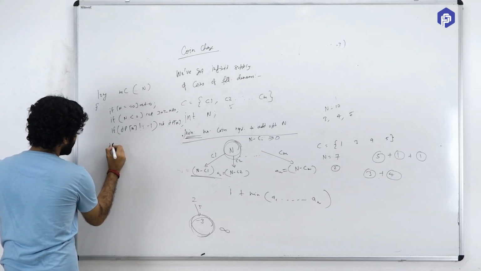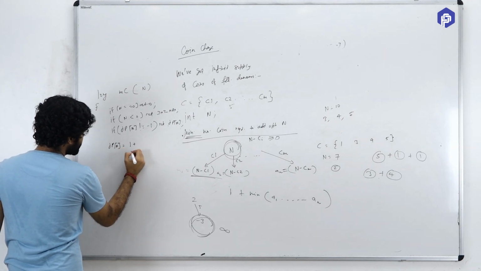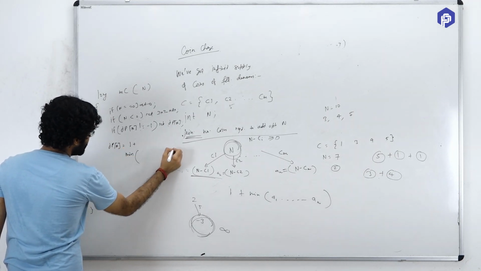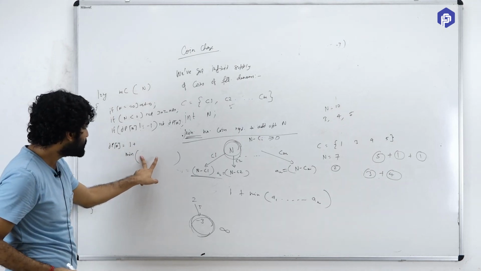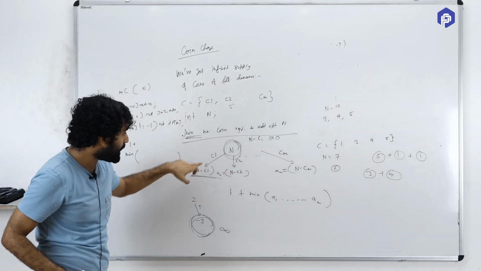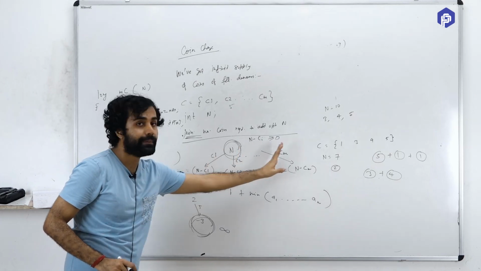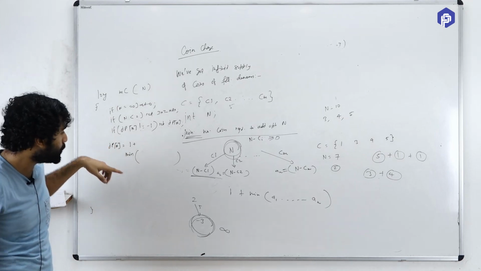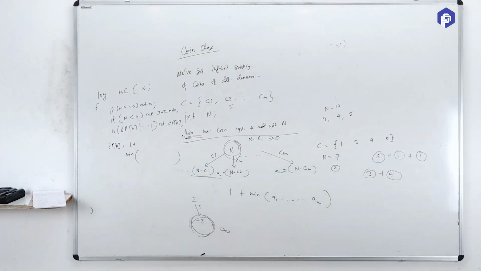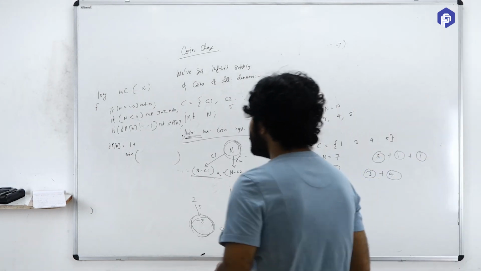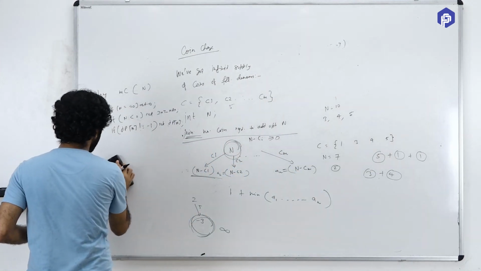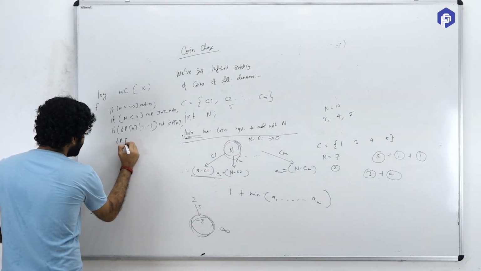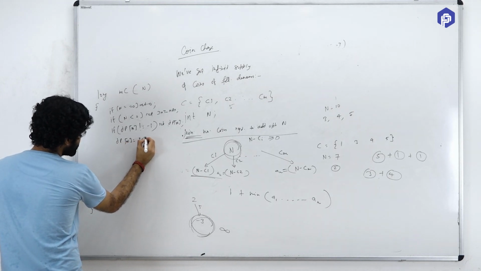Otherwise your dp of n would be 1 plus min of total number of these transitions. And when I talk about these transitions, there can be many transitions. There can be m transitions. So in order to make those m transitions, do I need a for loop over here? Yes or no? Yes, I need a for loop, right? Are others getting it? Yes or no? Anyone who is having any recursion related difficulty should revise the recursion lectures as soon as possible. Okay. So what I should do is I would initialize my dp of n to -infinity.